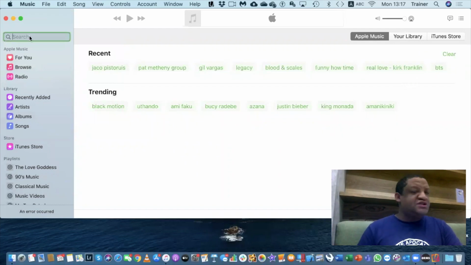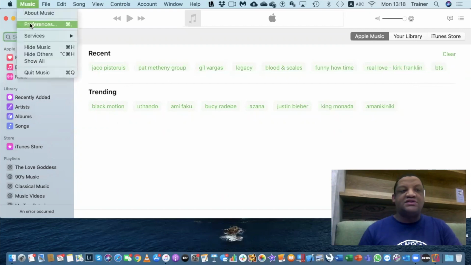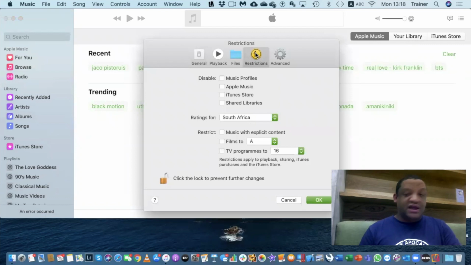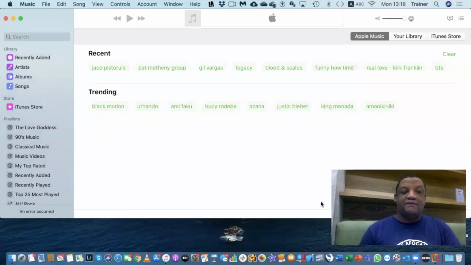Now, if you're not using Apple Music at all and you're not planning to, you can even go further and say, listen, I want to disable it and not show it at all. I can go to restrictions, tap on Apple Music, and just say okay. And there you can see now, I don't have my Apple Music anymore. If I do my search again,